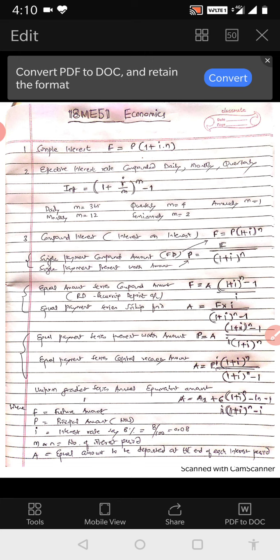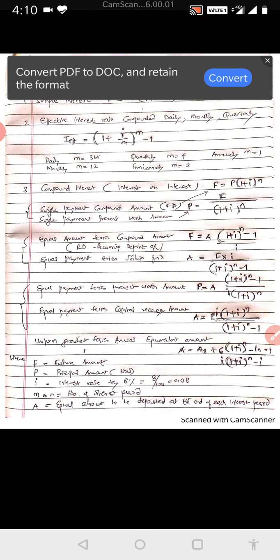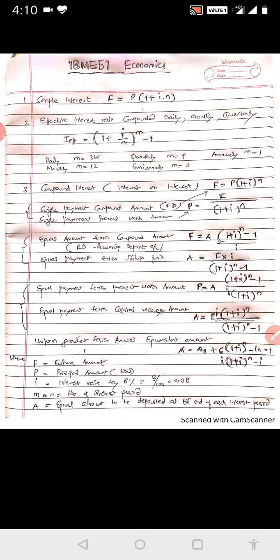Okay, so these are the formulas. Only 5 formulas are there, so not a big deal. Let us see the 5 formulas, and that too only 3 formulas are from the examination point of view, because simple interest and all they don't ask in exam. So only on compound interest there are 3 formulas we will see, but anyway we will look into all the 5 formulas. Like first one is simple interest.